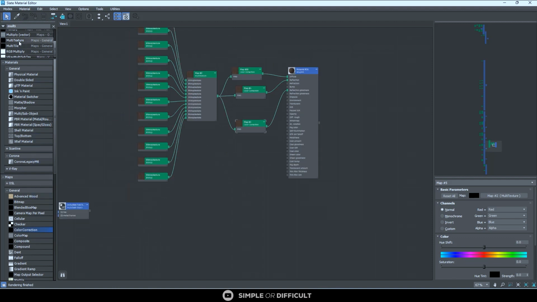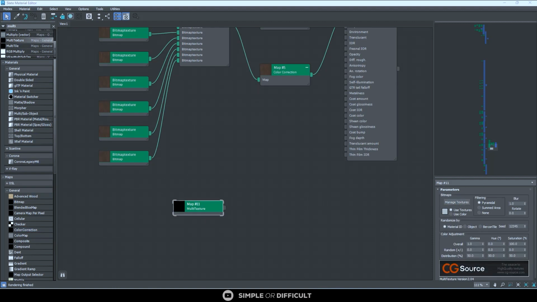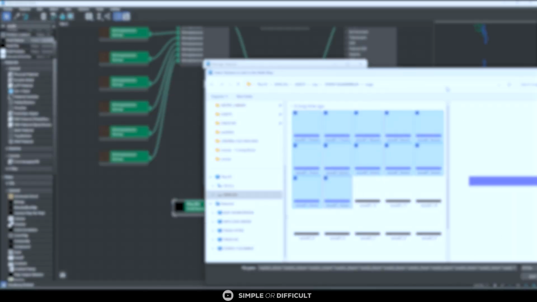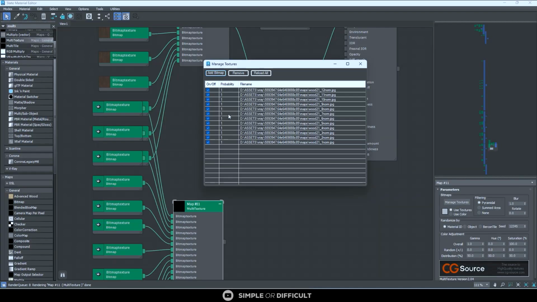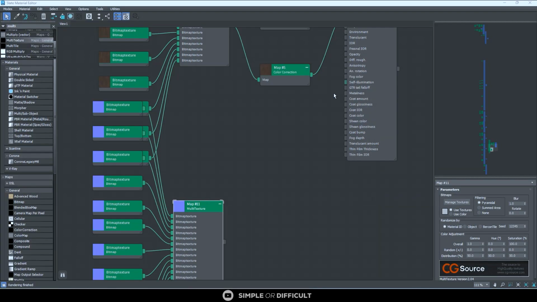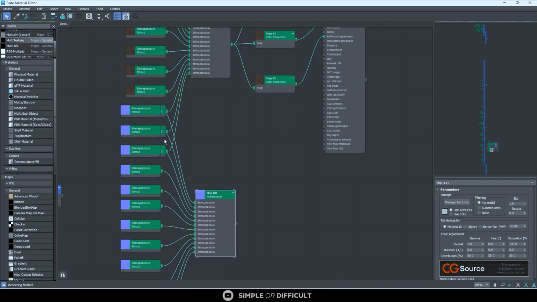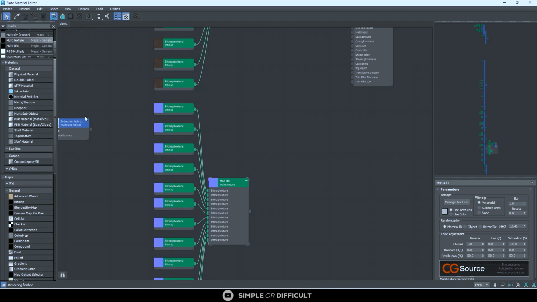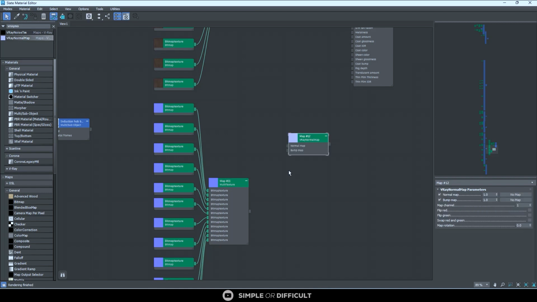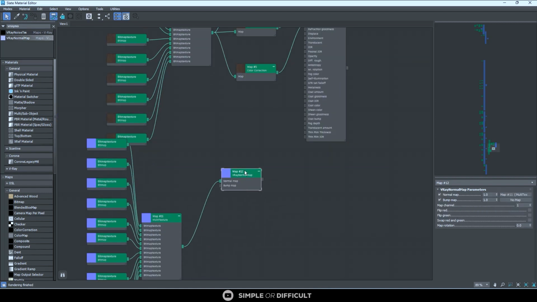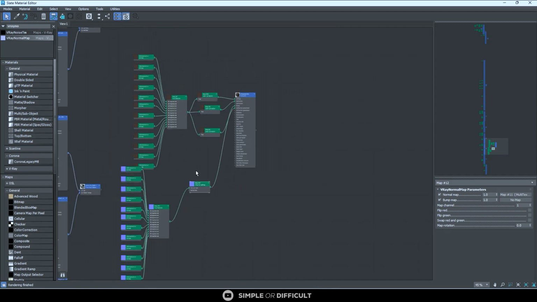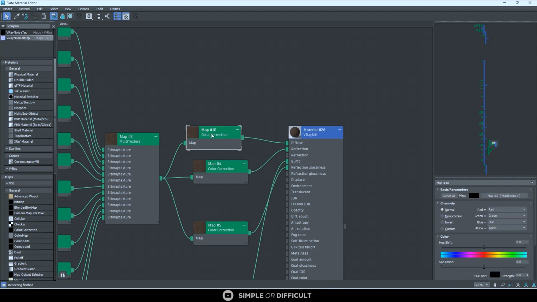Now, inside that same place, you're going to see that we have the bumps as well, the normals. So I'm just going to bring them in. All right. So I'm going to pass this through Vray normal map. Okay. And then I'm going to pass that through the bump slot. Okay. So these color corrections that we created here,